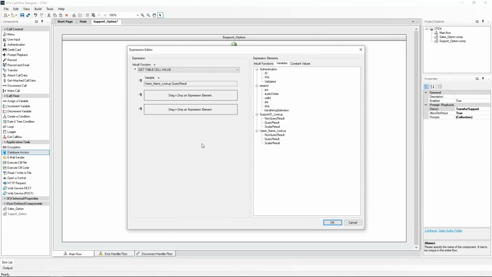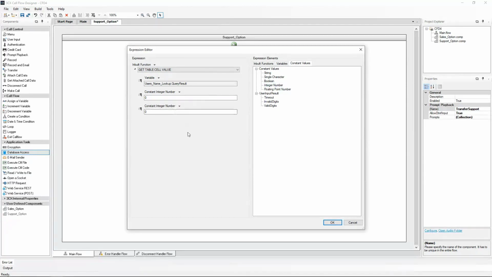Now we want to get the value from the first column, so we will use a constant integer number variable to define the column number. This will be set to 0 to get the first column. We will repeat this for the row number. Setting this to 0 will get the first row returned. As we are expecting only one result, this will give us the name of the person which